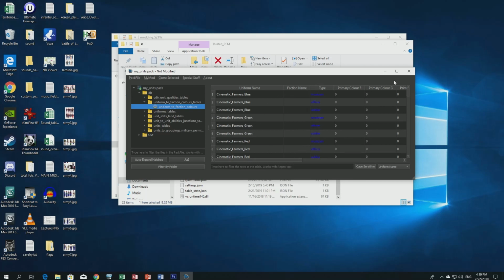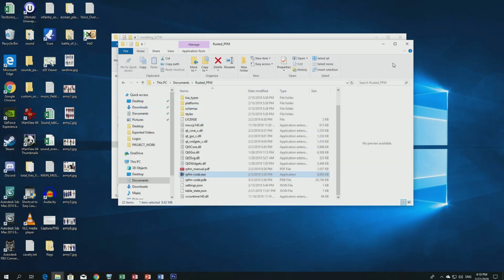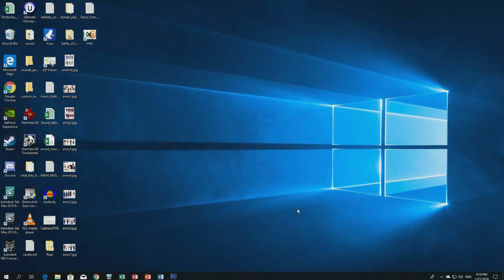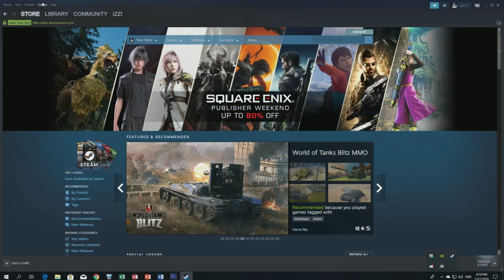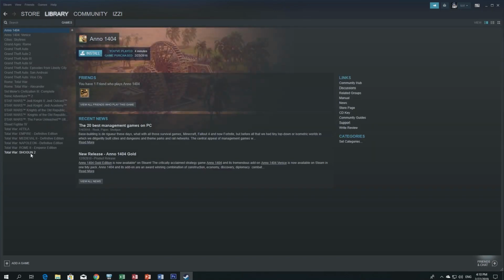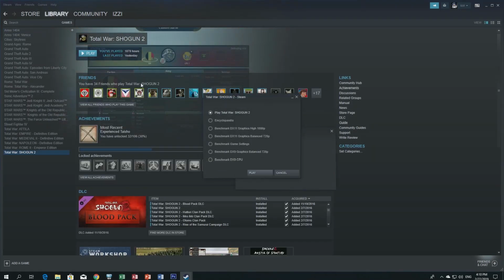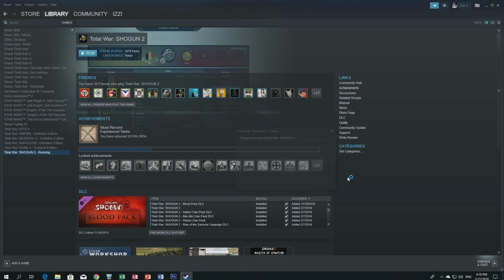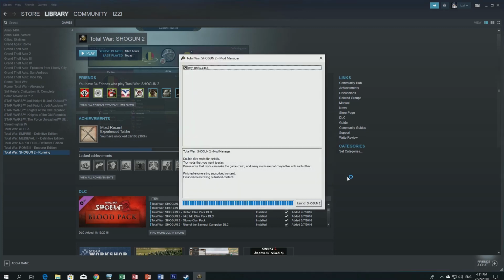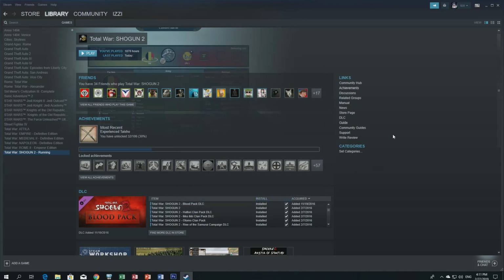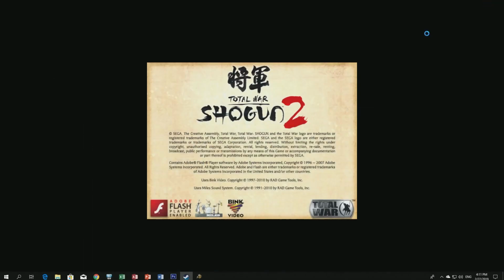So we're going to exit the program, and what we're going to do again is we're going to test the game again to see if it works in game. So we go back to our games, Shogun 2, and play the game. Pop-up, of course, we already enabled it, so we can just directly launch. And minimize it, and now we go into the long Shogun 2